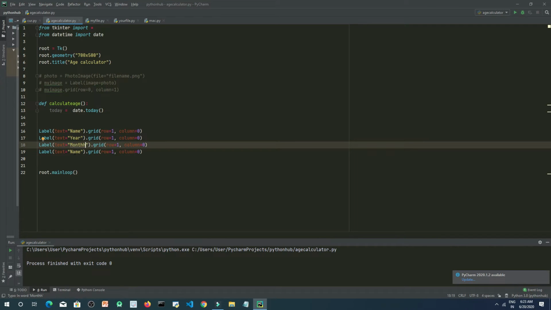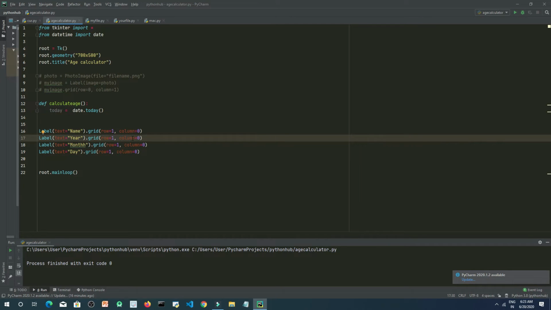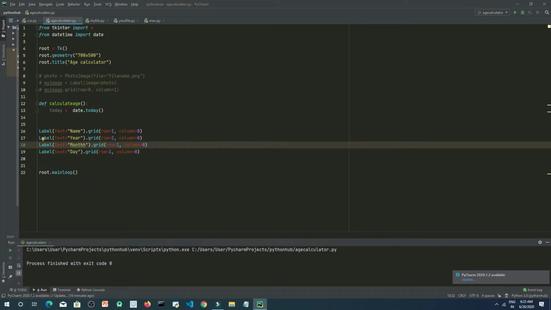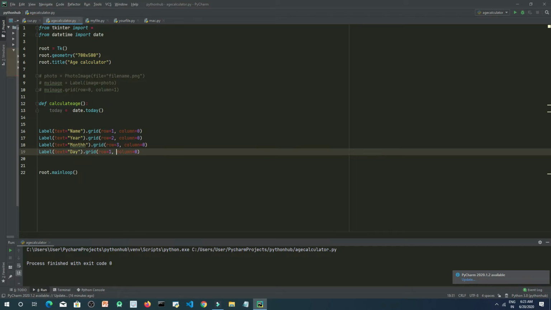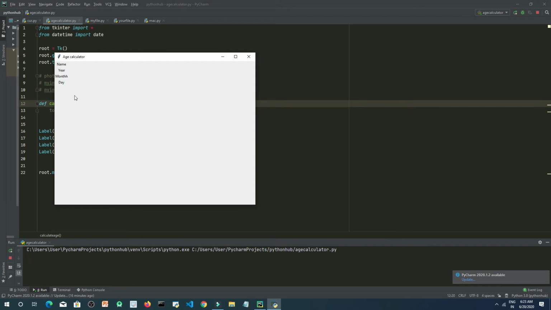Okay, and the day, right? And we will place them. This is second row, this will be placed at third row, and this in fourth row. Okay, so now let's try to run this, and as you can see we have successfully done this.